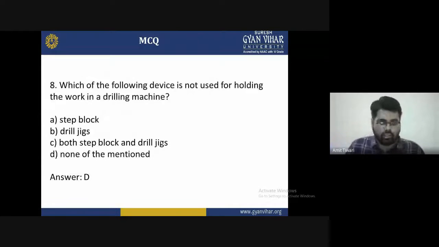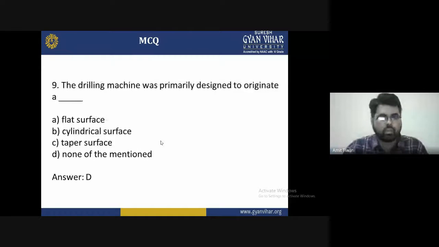Eighth question: which of the following devices is not used for holding the work in the drilling machine? Options are A, step block; B, drill jig; C, both step block and drill jig; and D, none of the mentioned. So the correct answer is D, none of the mentioned. Now, ninth question: